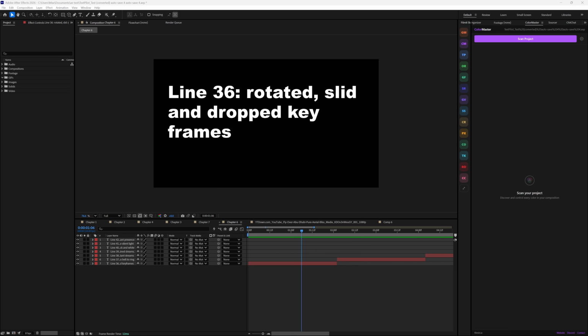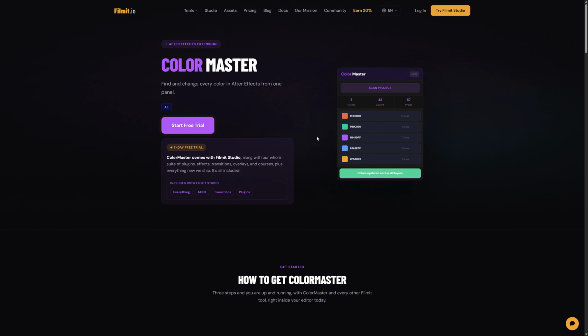Today we are demoing ColorMaster from Filmit, a color control for After Effects. When I say color control, it is the master color control for all of your projects. So let's get started. Now, to download and try ColorMaster, all you have to do is go to Filmit.io, click